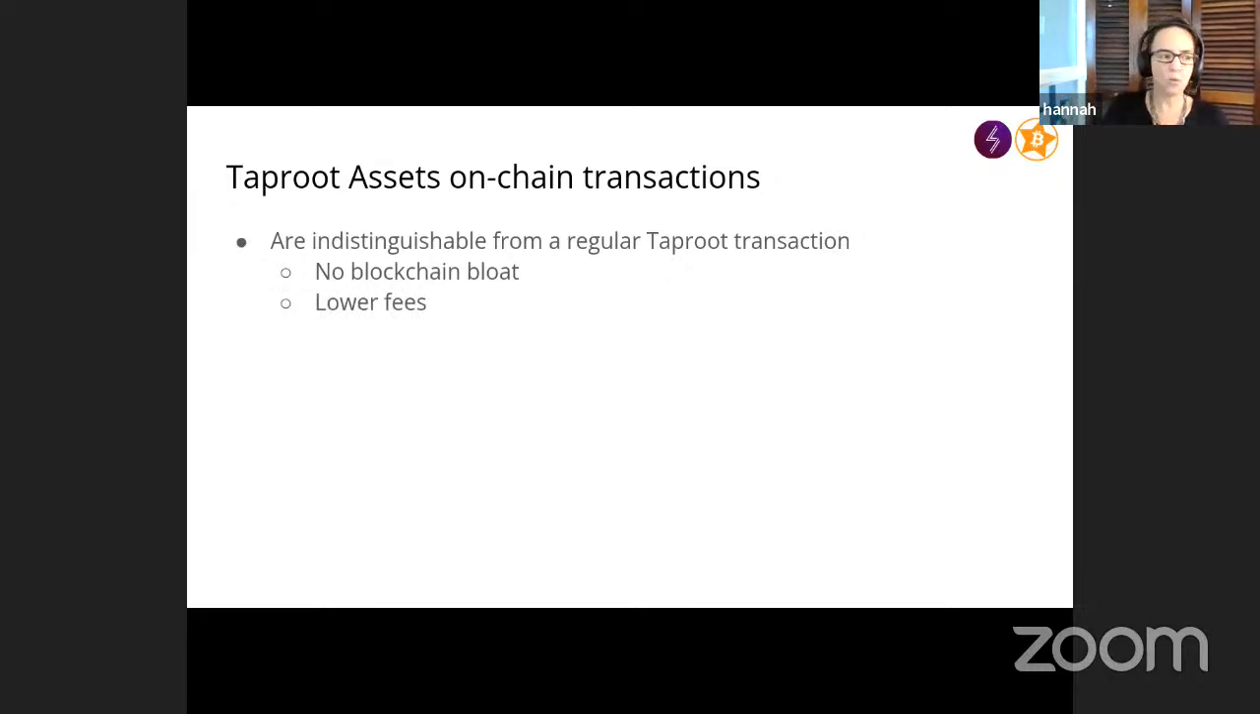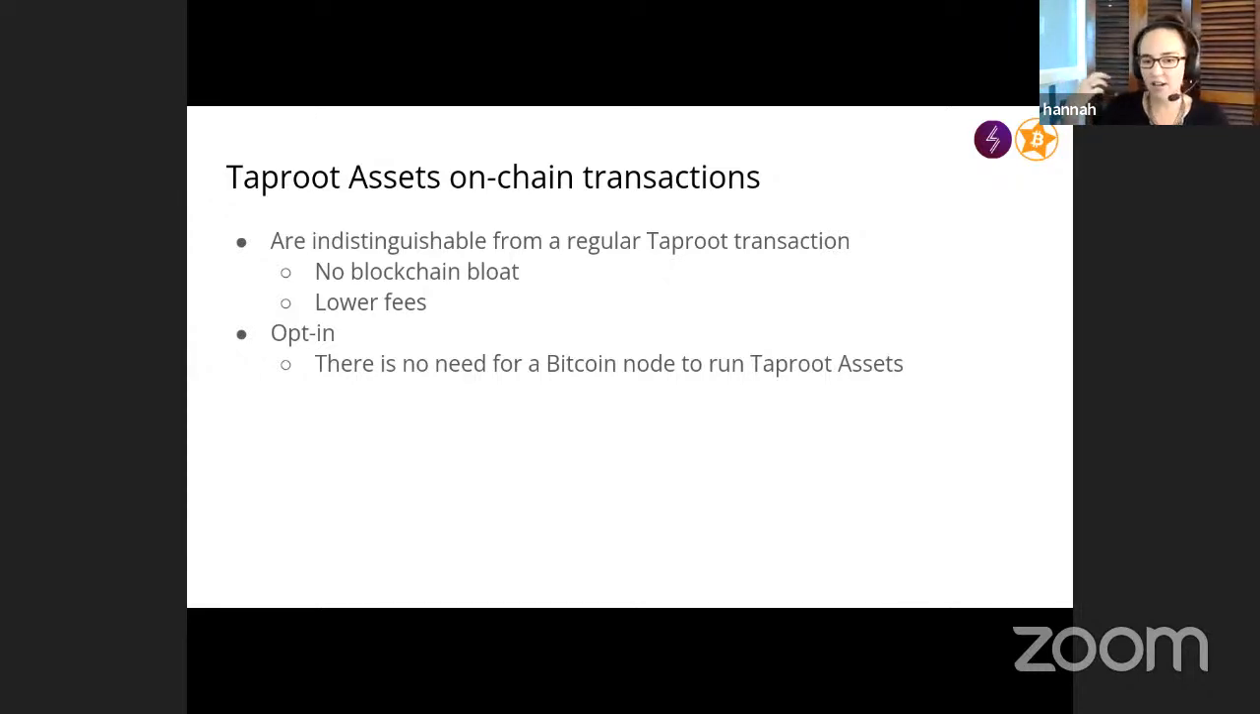And of course, that leads to lower fees. So there's some really nice advantages there. And again, there are some privacy advantages if that's something you'd like to do. And of course, all of this is opt-in, right? There's no need for a Bitcoin node or a Lightning node to be running Taproot asset software. And a Bitcoin node can carry on validating or even mining these transactions all without having to be Taproot assets